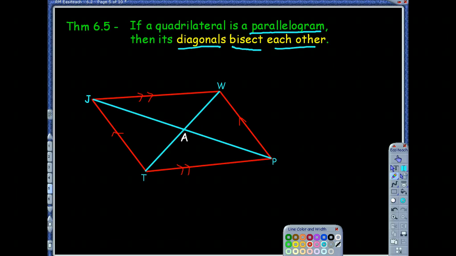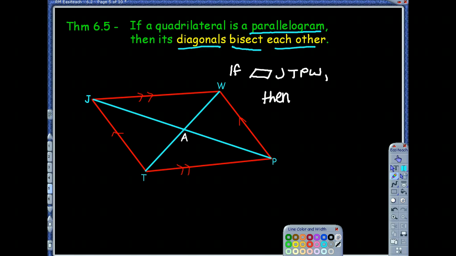Right. So if I know here in this picture that I have a parallelogram, what do we want to call this one? I'll call it JTPW. Okay, so if we're given that we have a parallelogram, then what we can conclude here is which pieces are being bisected. If diagonals bisect each other, so let's start with if